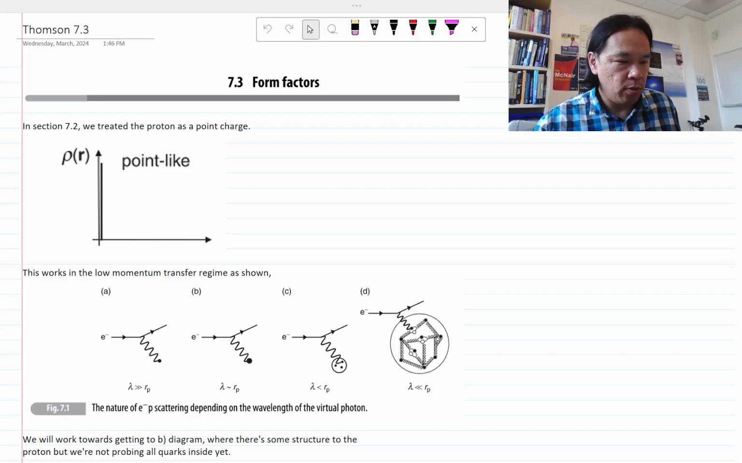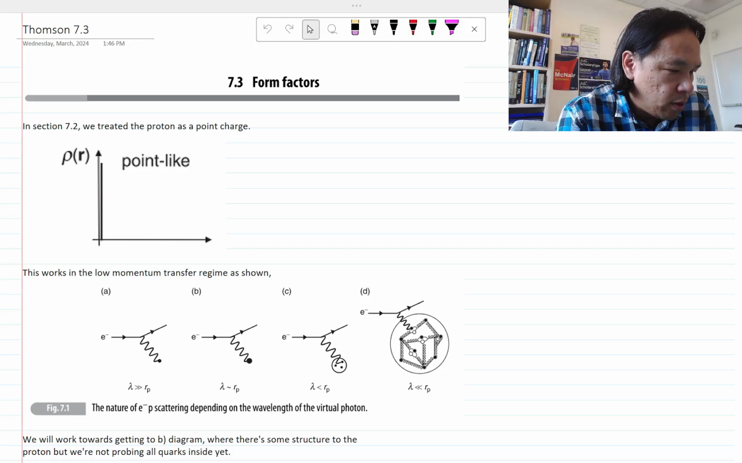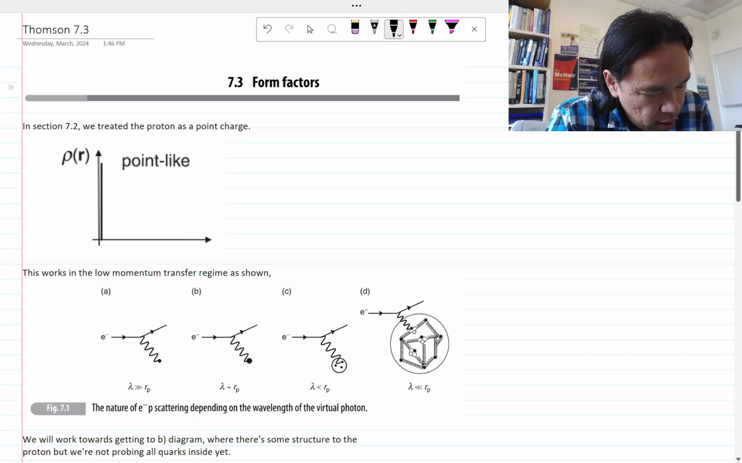Hey everyone. So this lecture is going to be fairly short. It's on Thomson 7.3, which is called form factors. I think it's really good that he put this in a separate section just so that we get you used